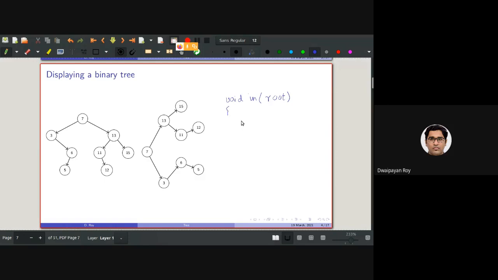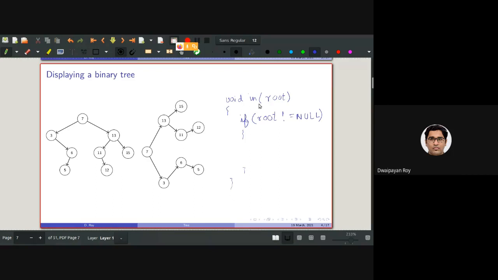Then, as you can remember, we first need to check whether root is null or not. And if root is not equal to null, then what we need to do, please help me out here.